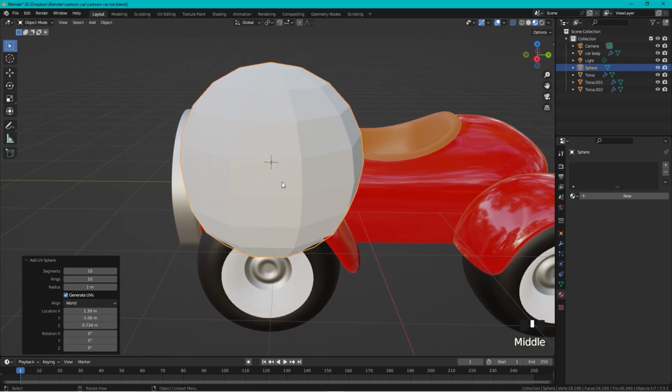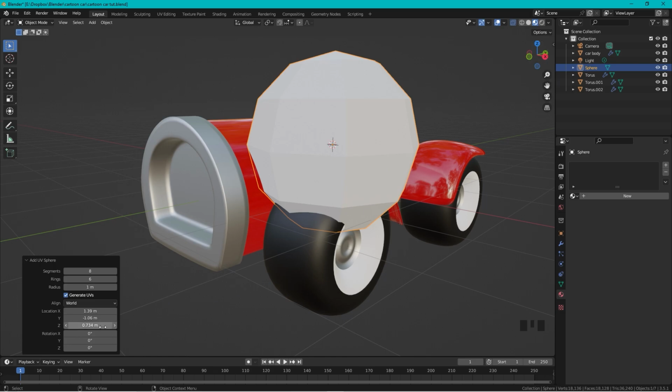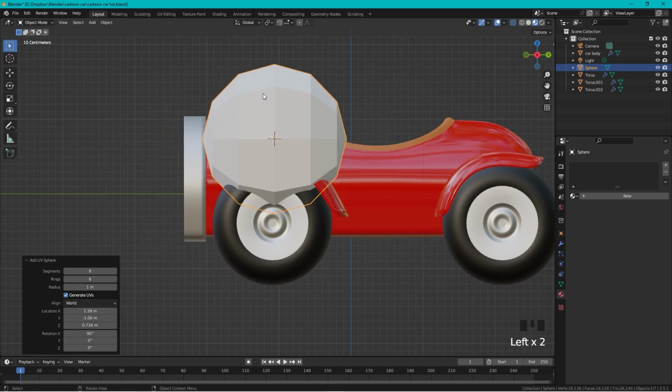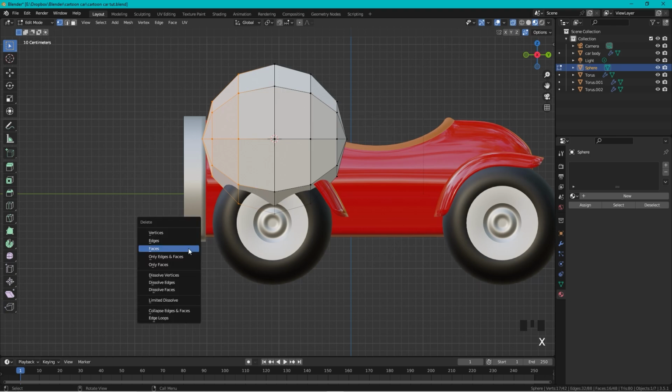And I actually think we can lower it even more. So 8, great. And the rings we can change to 6. Yeah, great. And now we want to rotate it around X, so 90 degrees. Yeah, and if we look upon it from the side, enter edit mode, and we can only select vertices, press 1, and we select all of these and press X